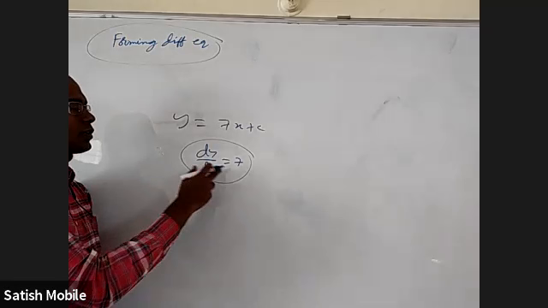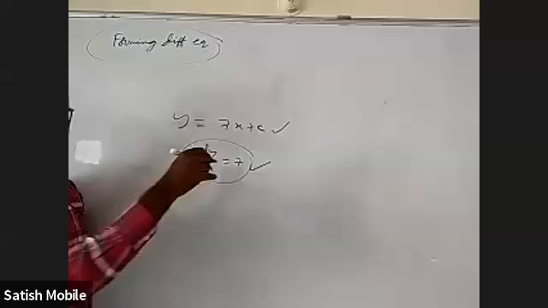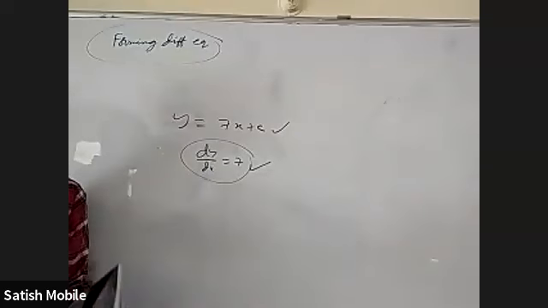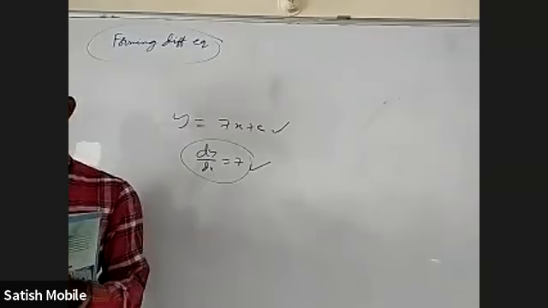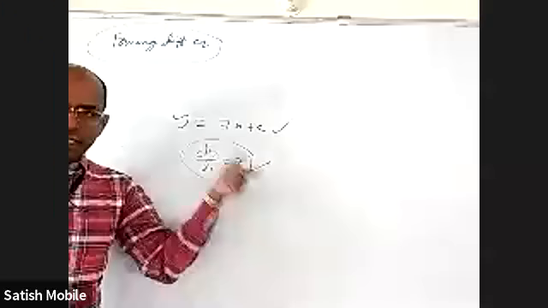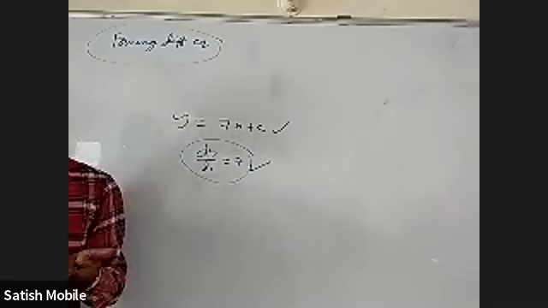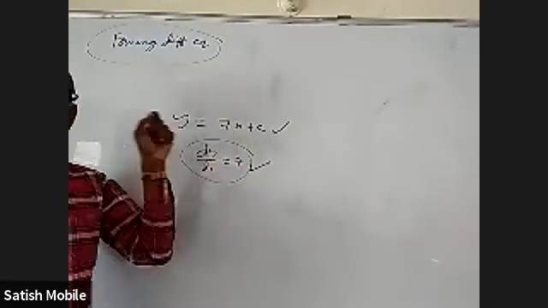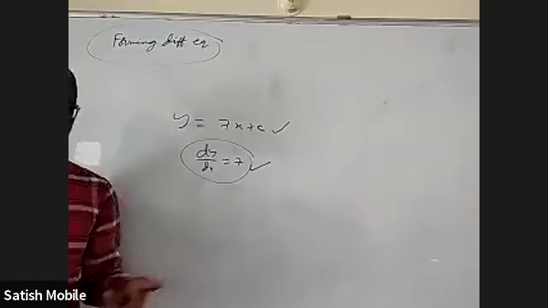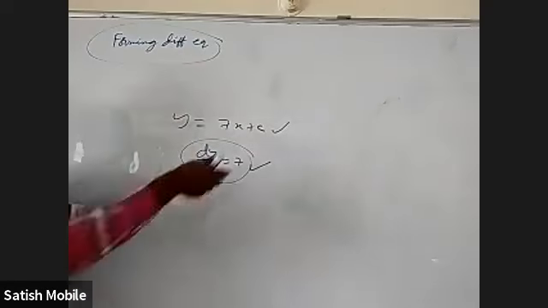This will also represent parallel lines. Here the C is a constant, but it is a variable constant. What do you mean by variable constant? You are saying the word constant, and again you are saying variable. In this, as you change C, you will get different members in this family. For each member of the family, it is constant. But if you take the total family, that constant keeps changing.